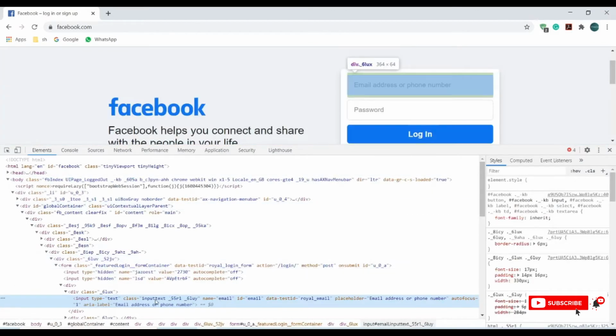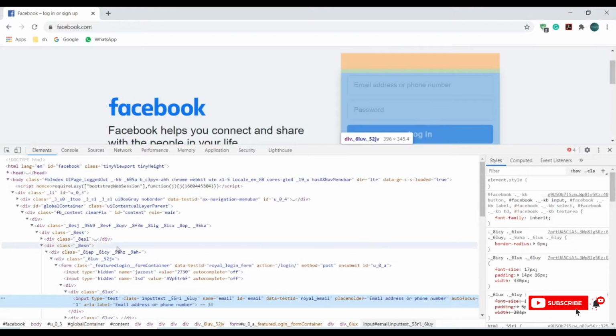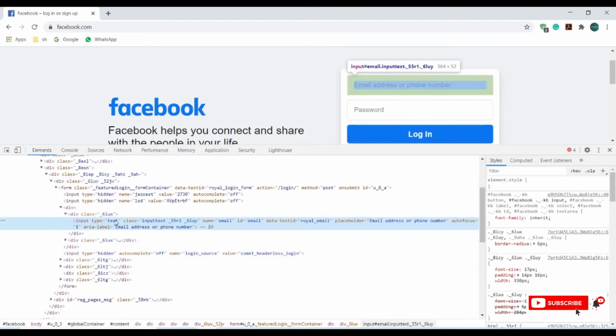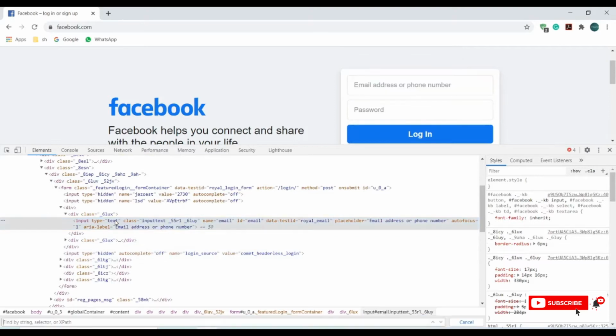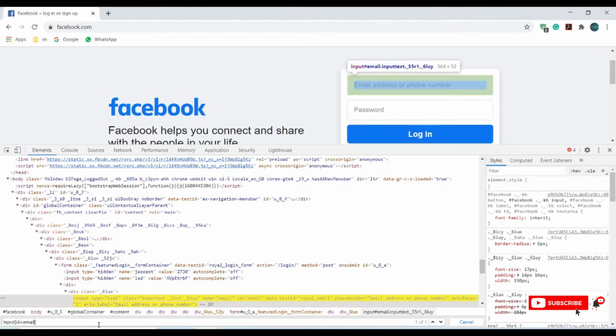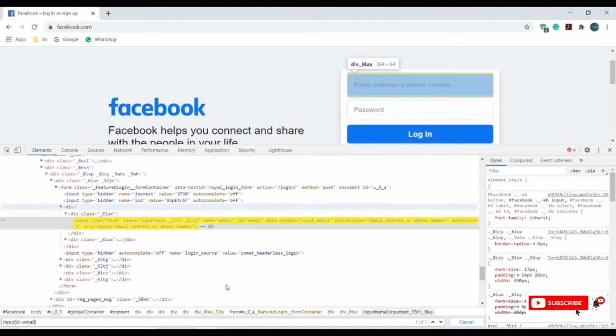Once we get the inspect mode in the HTML DOM, click on the input HTML element, press Ctrl F, and let's see how we can find a CSS path: input, square brackets, id equal to email. So I'm finding a value using ID as an attribute value, email, using a CSS selector.